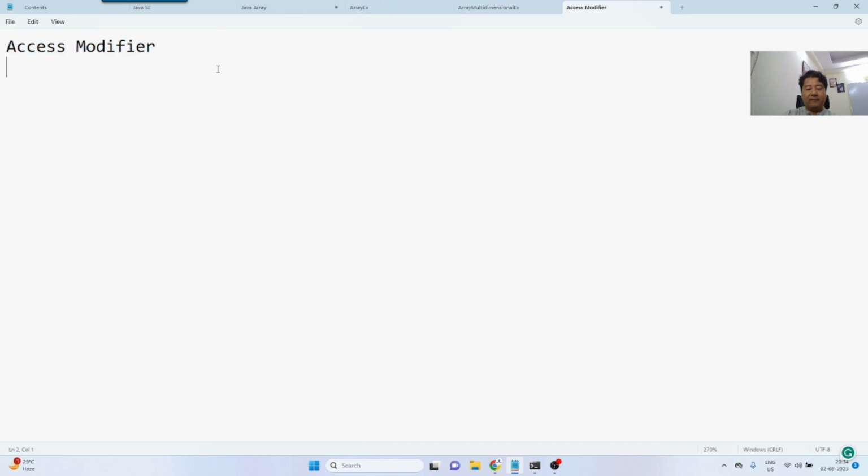Typically you will have class. Within a class you will have constructor and the variable. Class, constructor, variable and the method. Right? So there are four things that you are going to have in a particular class. So how will you decide that this class will be accessible by another class, and what level of access that will be,